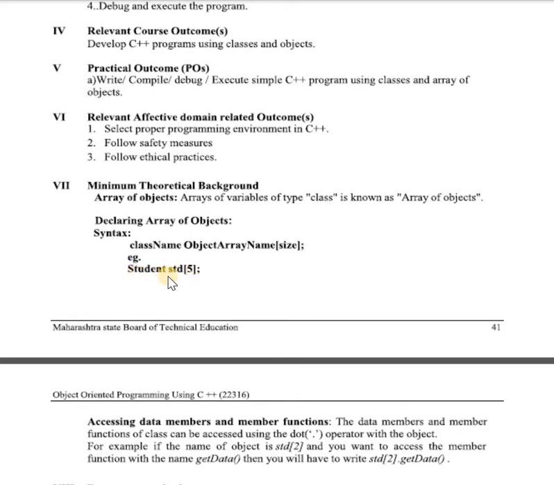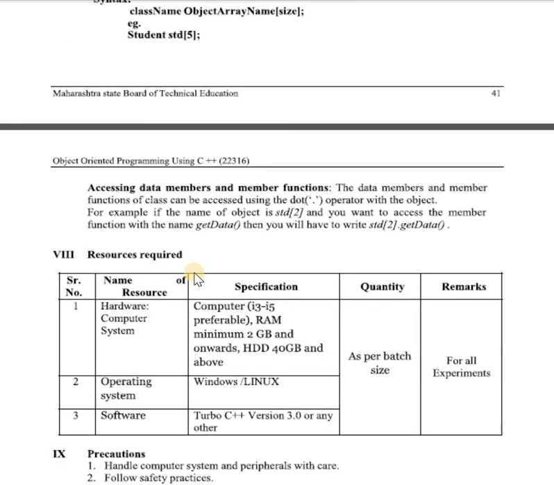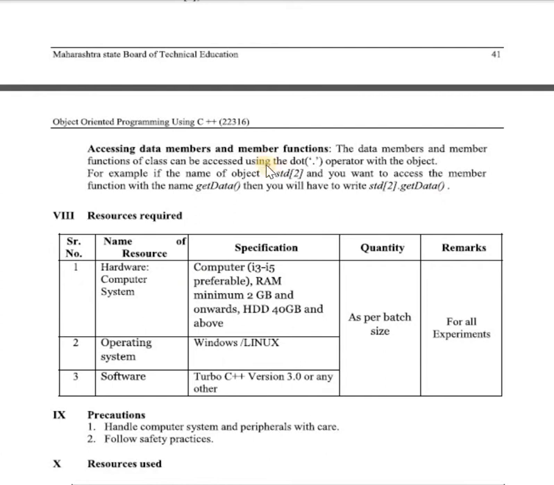First the student class is there, then the object array name is here, and in square brackets you want to specify a size. If I want to store 5 student records, then here I want to specify a size as 5. Then in the same way, by using the dot operator, we are accessing the data members and member functions that are defined in a class.